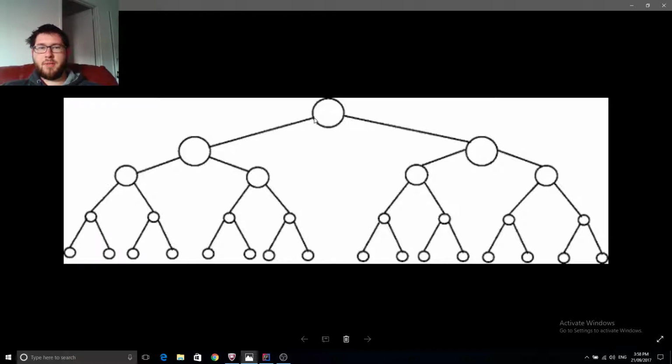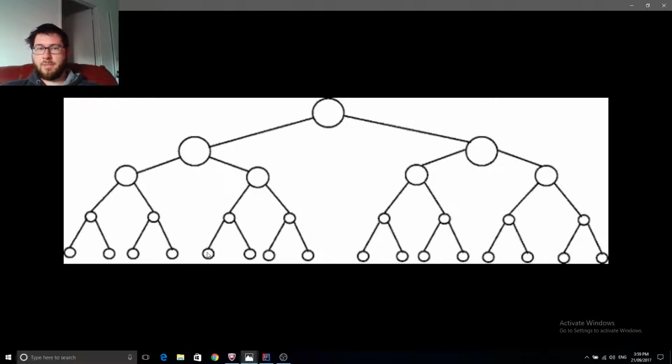And then we have the option to travel down the left branch or the right branch to get to the next node, which will also contain a bit of information. And this will continue until you get to the end of the tree. And the end of the tree is called a leaf. It's not called a node. And leaves generally don't have any information in them. They just signal that that's the end. There's no more